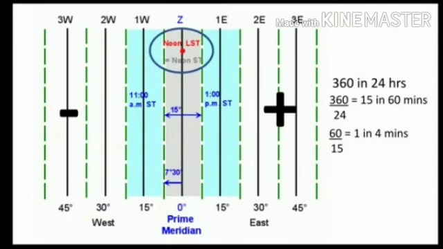So, if we calculate the region which lies from the prime meridian, according to the degree at which it is located in the east or west, it differs by 1 hour. So how we can define it easily is, if it is 12 noon at the prime meridian, it is more than 1 hour in the east side and less than 1 hour in the west side. Thus there will be a constant 1 hour difference between these two regions. Likewise, worldwide, based on these degrees of latitudes and longitudes, we are calculating our time.